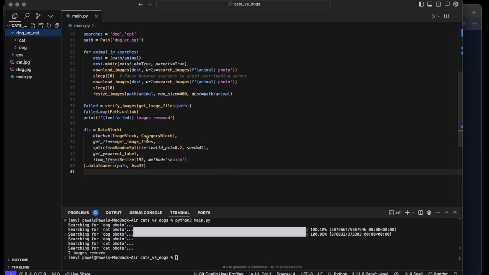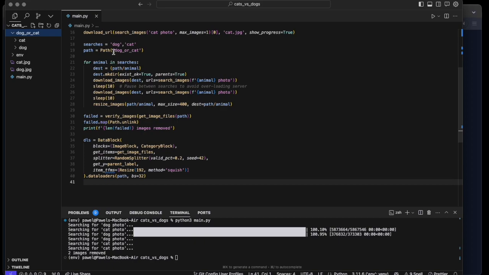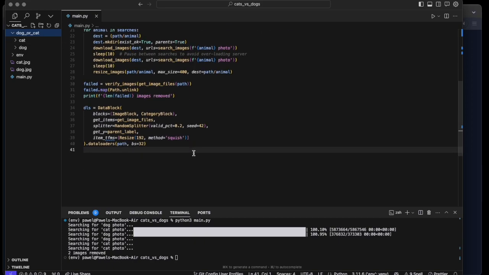As you can see, we have some native functions that will just get the files from the path that we are passing here. So it will be, of course, this path that we can see here. So the dog or cat path, this will be our directory with the files. And also we will label them based on this folder's names. And what else? We will also resize them once again. So please keep in mind that it will be just stored in the random access memory just for a while. We will use this method squish, which will actually squish the